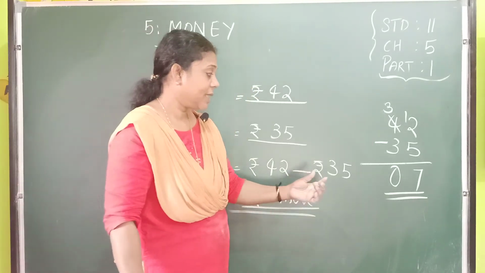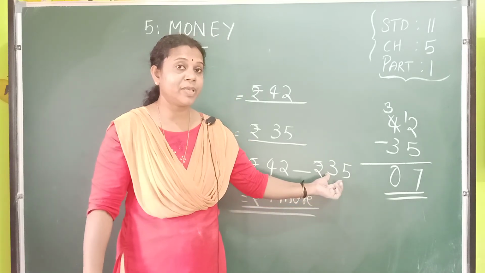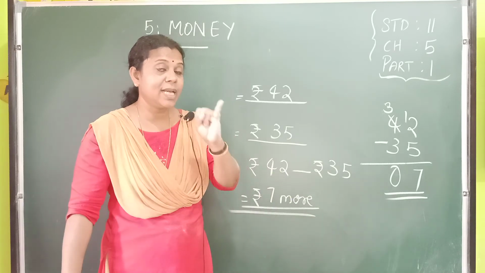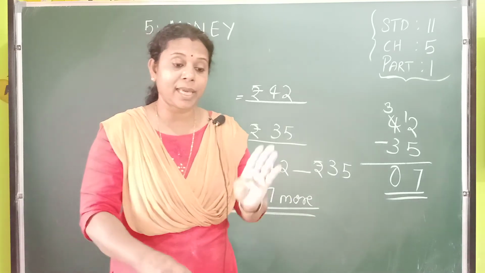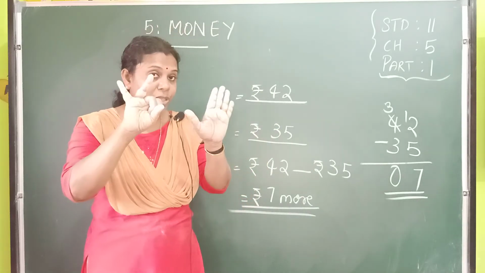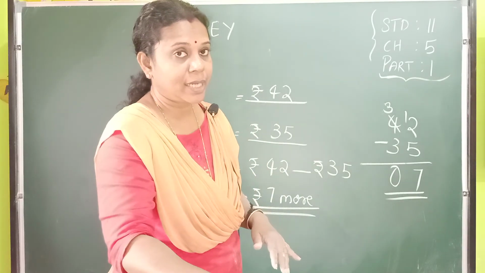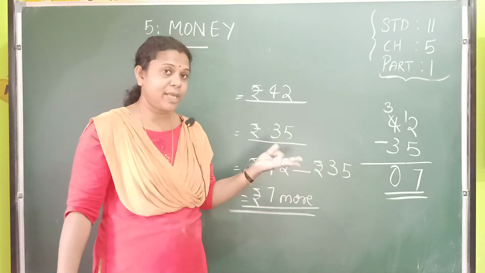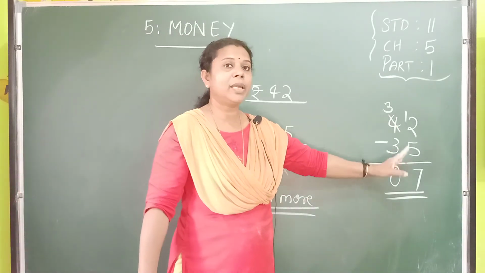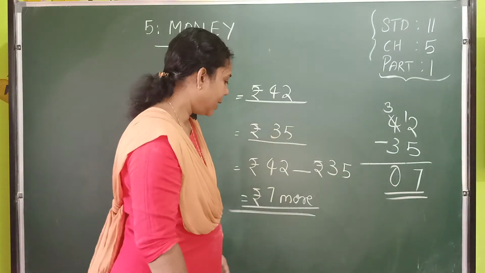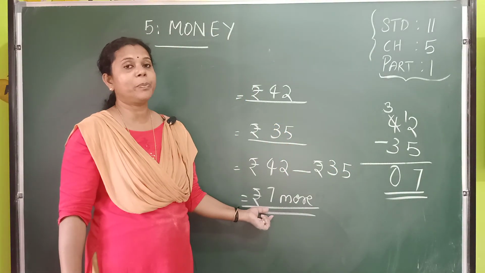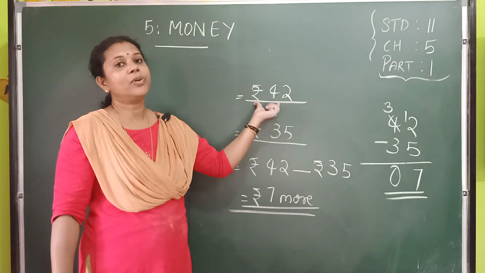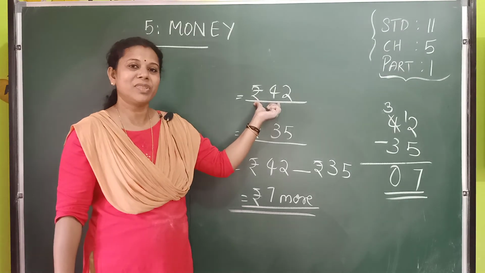Otherwise, I will do 35. Start counting from the next number after 35. 36, 37, 38, 39, 40, 41, 42. It is 7, isn't it? For numbers with a small difference, we can find it with fingers by counting. Or you can make use of the working column. So Amit needs rupees 7 more to buy the marbles of rupees 42. Okay, let us move to the next problem.